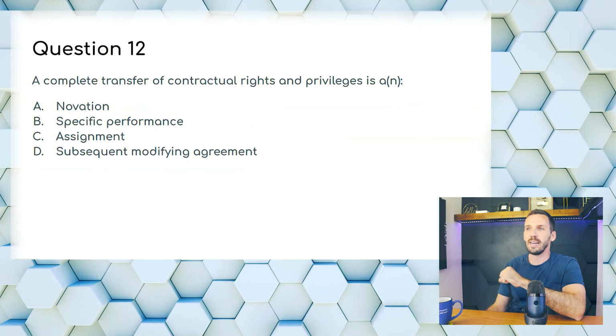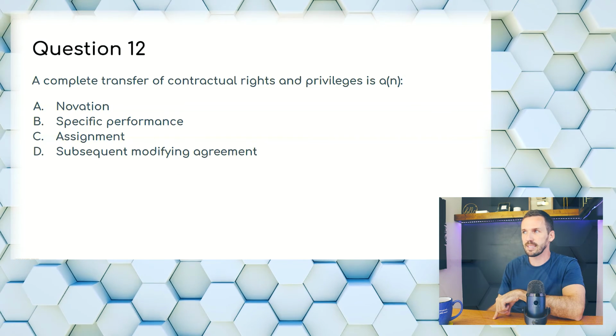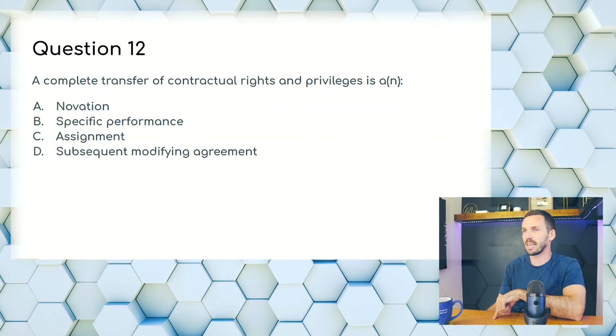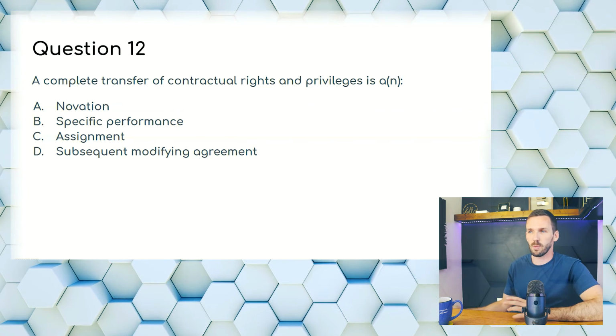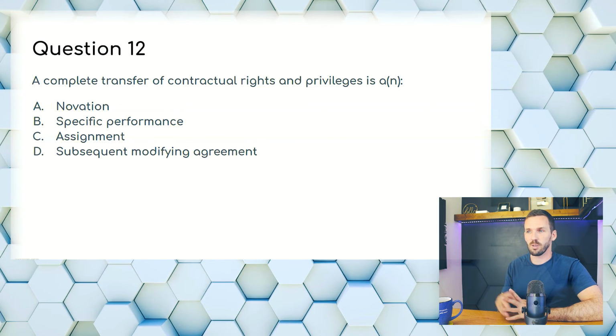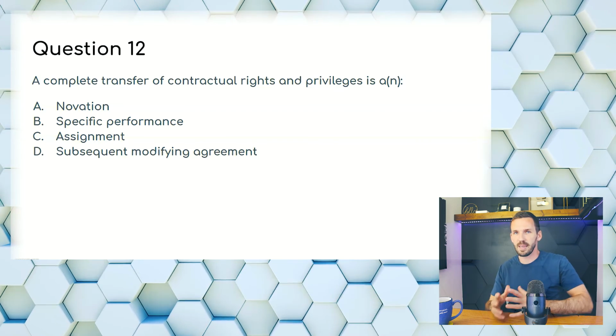Question 12. A complete transfer of contractual rights and privileges is a novation, specific performance, assignment, or subsequent modifying agreement. So I guess this chapter is just going to be stuck in the same keywords. So again, as I've explained in previous chapters, if you've watched my How to Pass the Real Estate Exam, there will be questions that come up later down the road that can help you answer previous questions that you were stuck on. So mark questions that you don't know, flag it, circle it, star it, do whatever you need to,